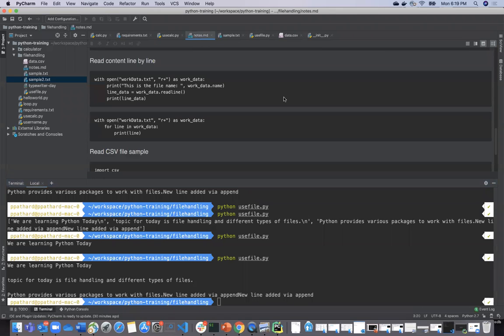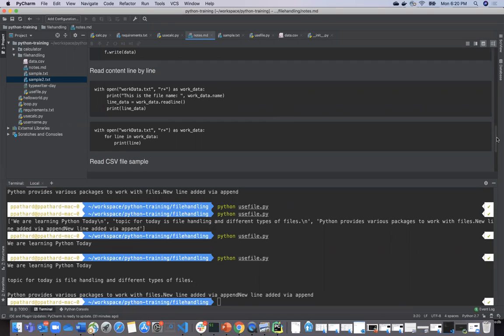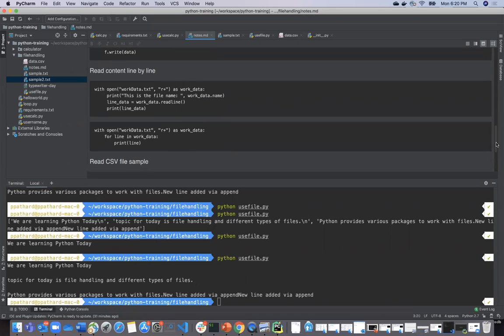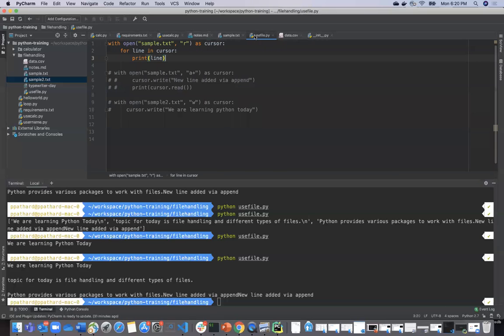Now, as I said, you can do a lot more, and I will show you a simple way to deal with CSV files. I have a simple CSV file here. So what is a CSV file?